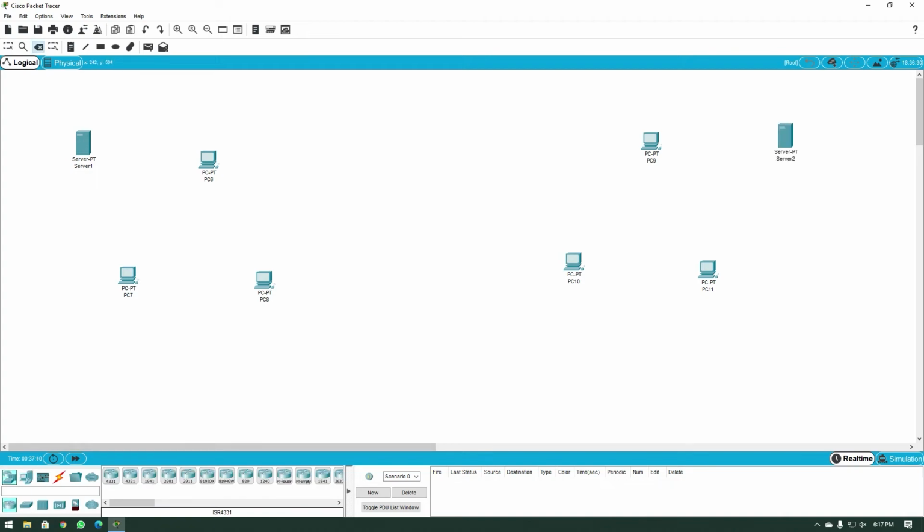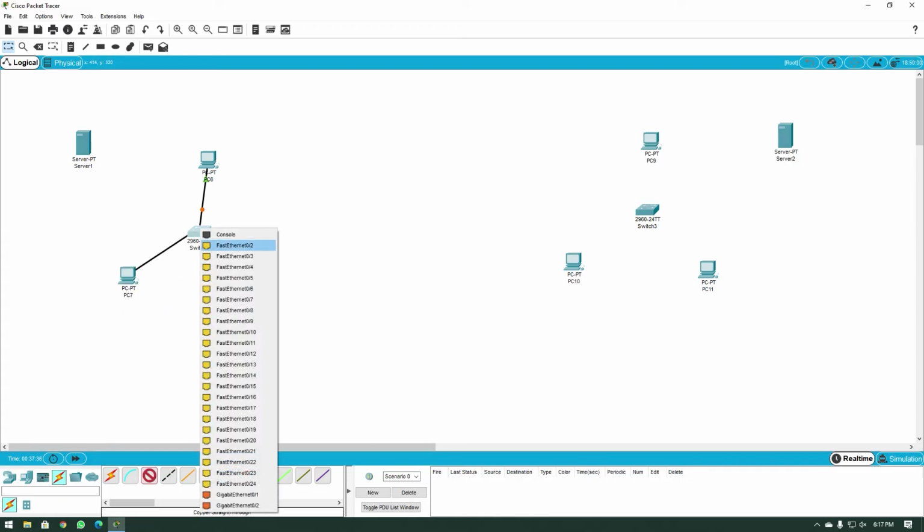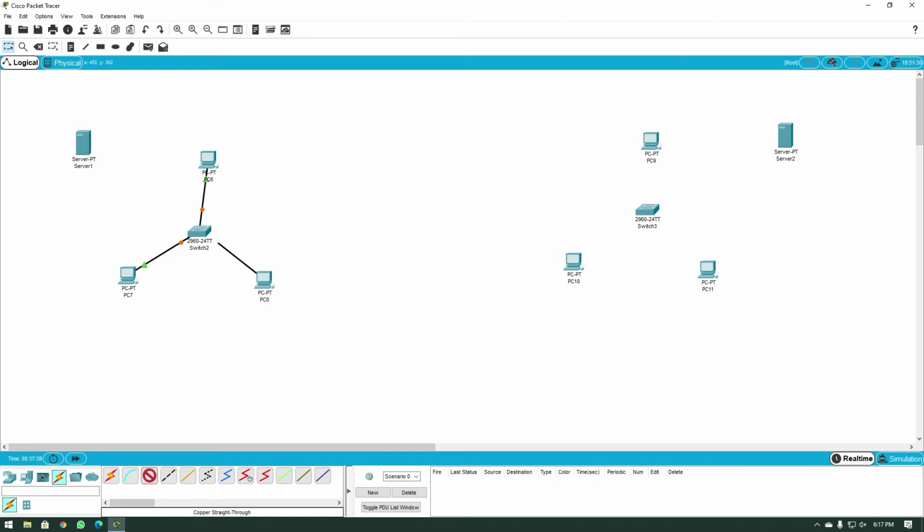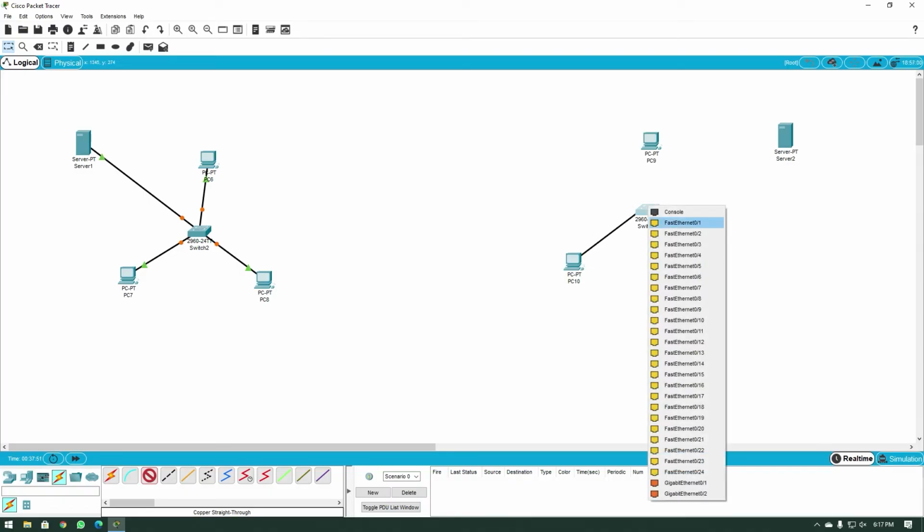Now let's add the switches. So I go to network devices and then go to one to the right over here. These are all switches. I add a 2960 over here in the same switch to this network. I'm going to connect up these devices. So I'm going to go for copper straight through and just quickly do this for you over here. I think you can also try to do this on your own. It's a lot of fun to do it like this. All right, now let's also connect the server to the switch. Let's wire up the other network over here.